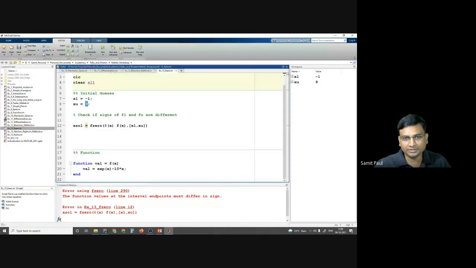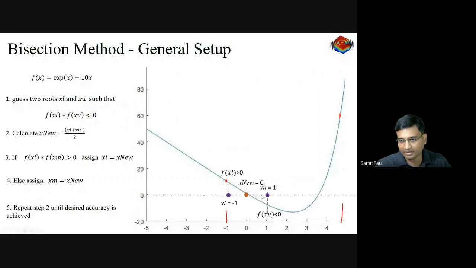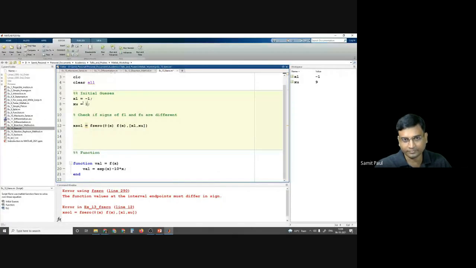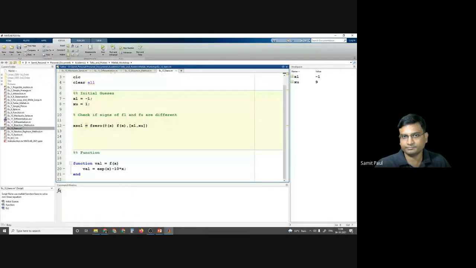So I need to use some different value, say minus 1 and 1. Okay, it is giving the result. And what about the other one? If we put 1 here and if we put 10 here, we get the other result. This is very simple. No need to write a code. Just use this function. I would have written it here directly.